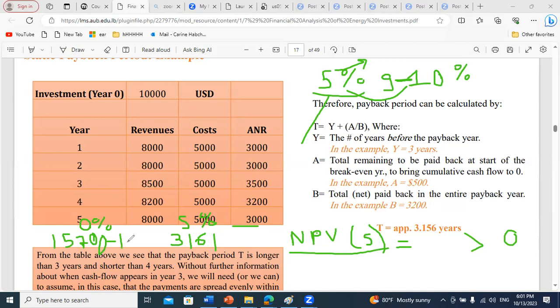So if we don't take time into account, the net present value at the end of lifetime is $5,700. While if we take a 10% discount,